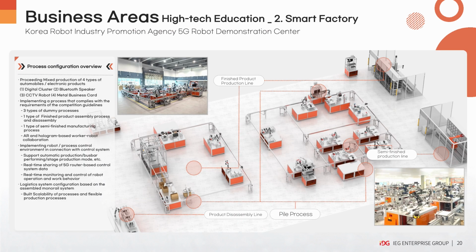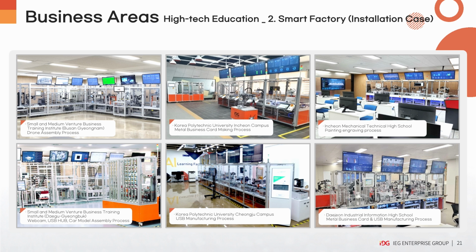Through the world's first 5G-based robot demonstration center construction project, we are realizing the construction of a manufacturing plant without time delay using the data generated in the manufacturing environment using the 5G network. IEG develops a curriculum for building smart factories and fostering operating engineers at educational institutions, such as universities, including the Small and Medium Business Training Institute for Job Transition Education for incumbents in the smart factory field, and dispatches professional